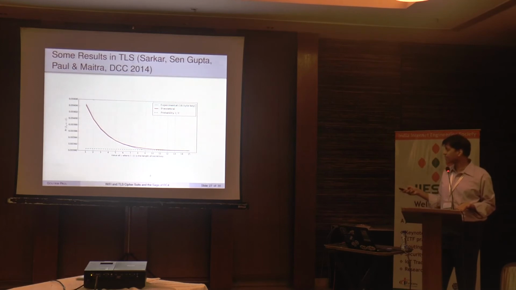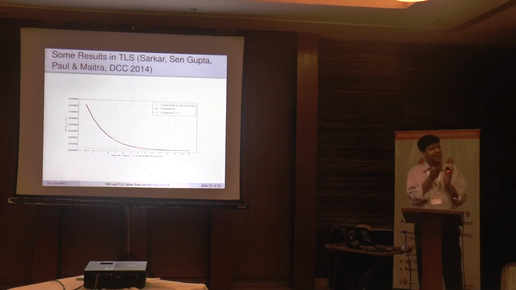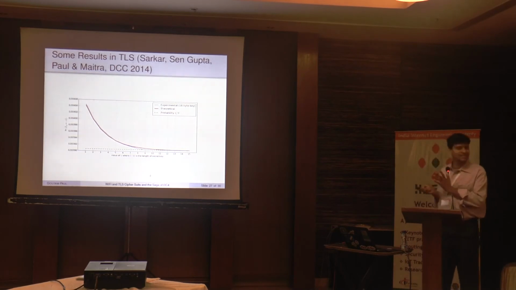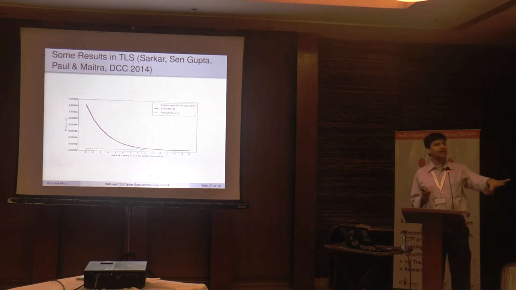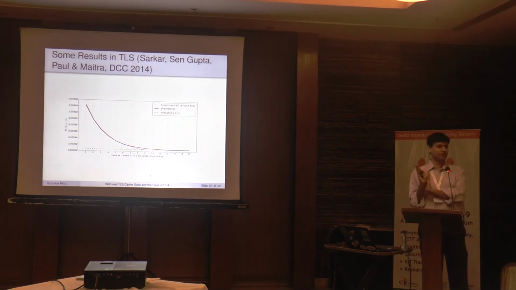You can have different key lengths. As the key length changes, the bias also changes, right? So you see that this can be used for key length distinguishing. That means if you do not know what the secret key size is that the protocol is using, you can use this result to run a statistical analysis on the cipher data to gauge the secret key length. So we call it a key length distinguisher.